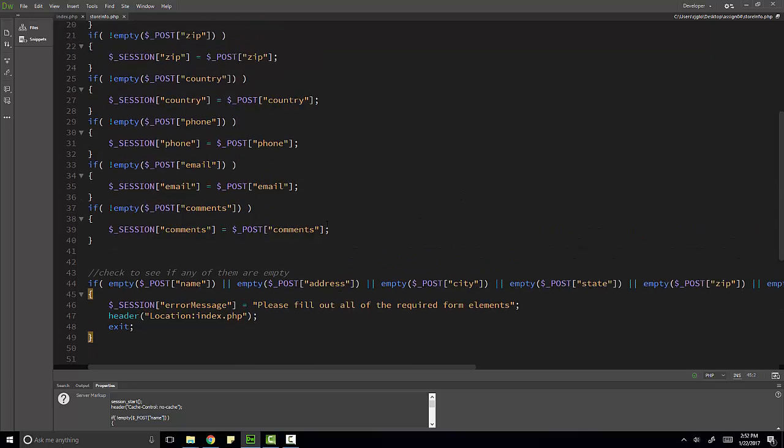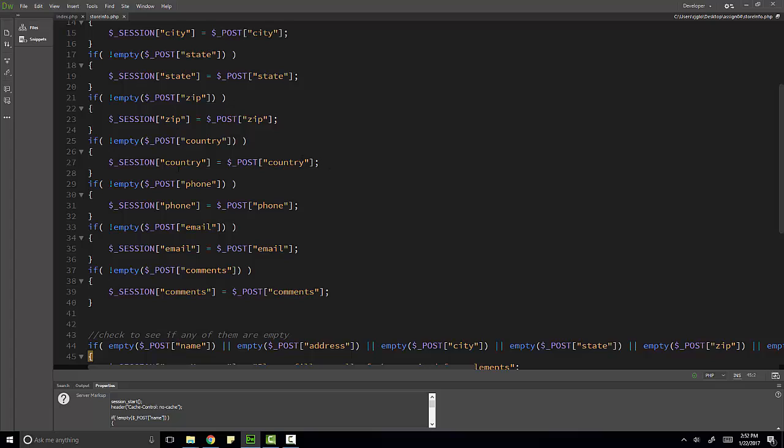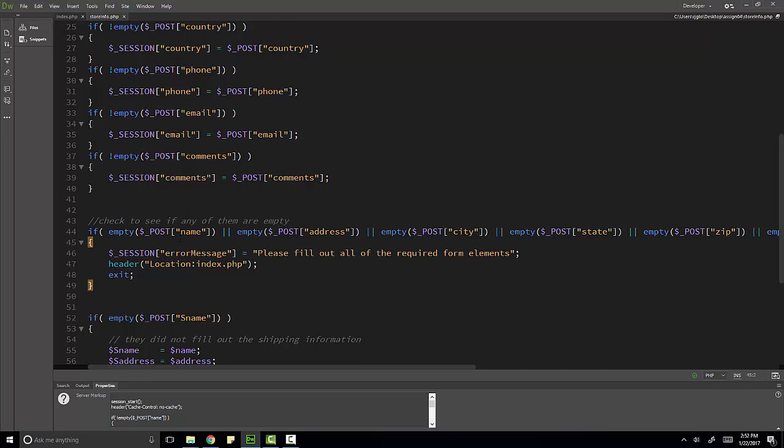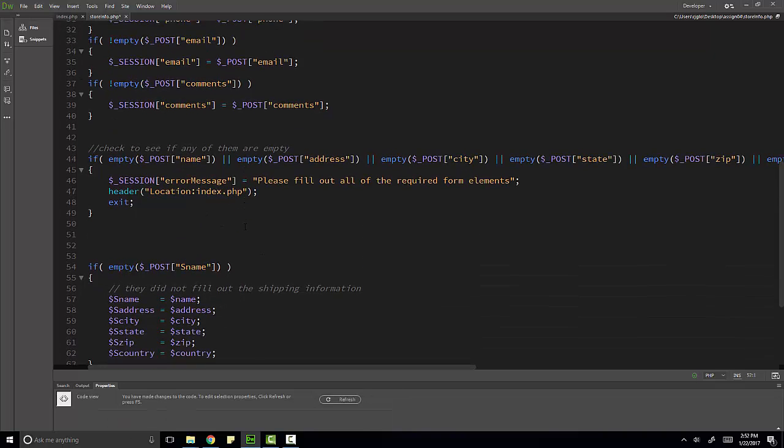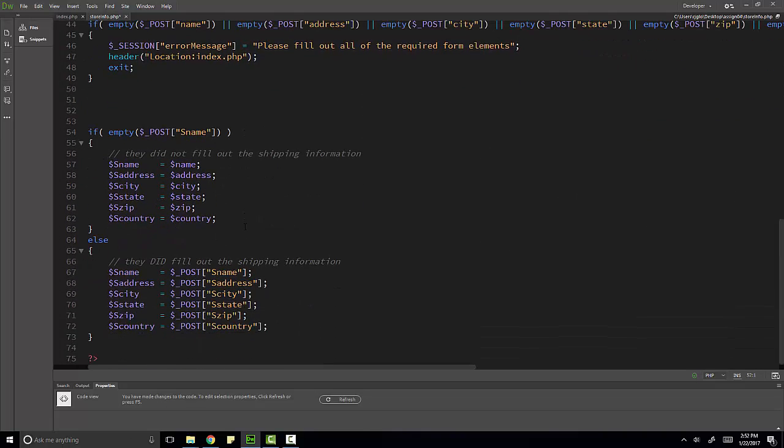So now we've got a nice check. If any of these were filled out, we will have stored them into the session. So that's great. They won't have to retype those. But if one of them is empty, then they are going to have to fill that in. We'll go ahead and finish out this bottom part and change it over before we start showing how this error